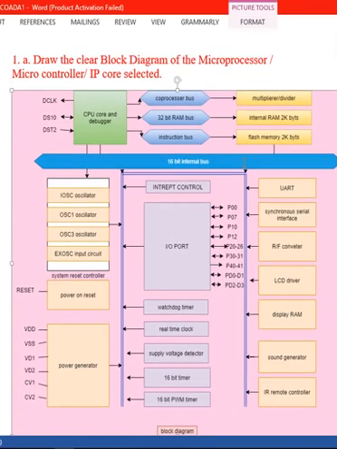Further, I will show you the general block diagram of the circuit. The display RAM is 26 bytes, and the CPU is a 16-bit RISC CPU core, and then the clock generator. There are 4 sources to generate a clock: IOSC, OSC1, OSC3, and EXOSC. These generate a clock pulse, and each has a different crystal frequency.